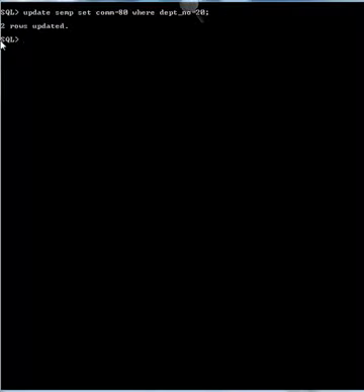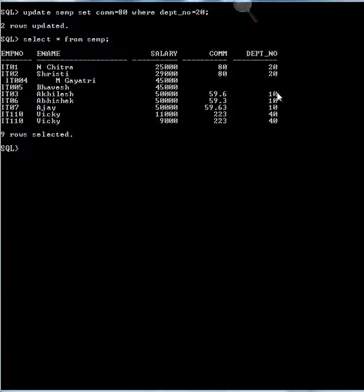We have updated two rows. Now select star from ACMP, and we have successfully updated two values of commission. Now if I give the commit command, both values are fixed. Now if I try to say rollback.